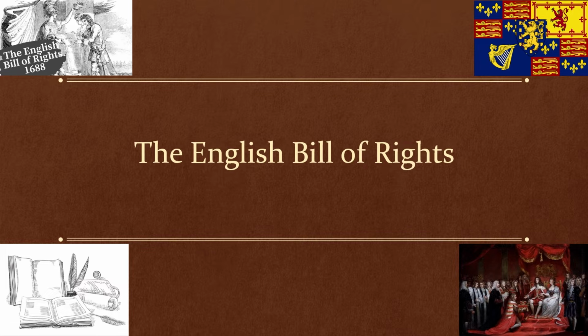Many experts regard the English Bill of Rights as the primary law that set the stage for a constitutional monarchy in England. It is also credited as being the inspiration for the United States Bill of Rights. Today we are discussing this Bill of Rights that was signed into power on this day, February 13th, 1689. We're going to discuss what was inside this Bill of Rights, what it entailed, and what its lasting legacy is.